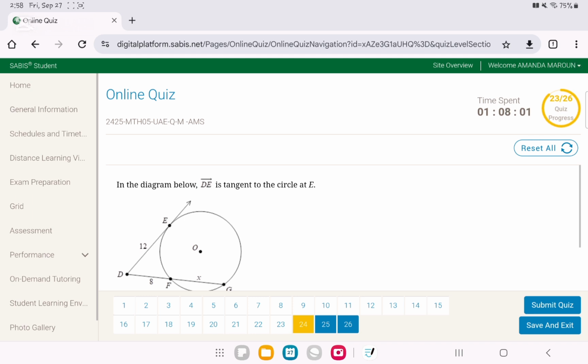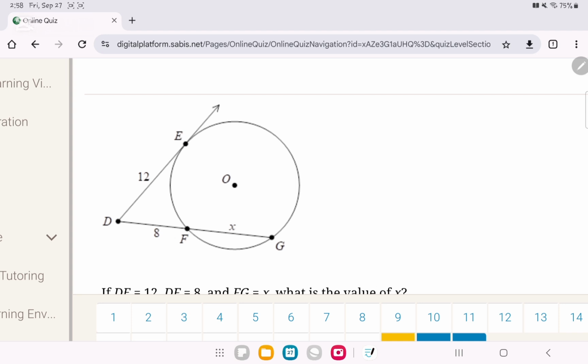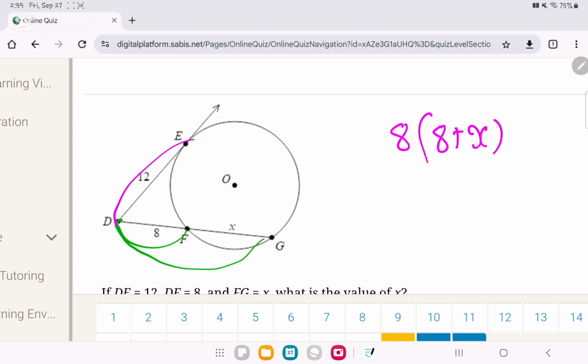Question number 24. In the diagram below, DE is tangent to the circle at E. If you notice, we have a secant and a tangent. So, whenever we have a secant and a tangent, we're going to take exterior multiplied by the full thing is equal to the tangent squared. So, 8 times 8 plus x, okay, is